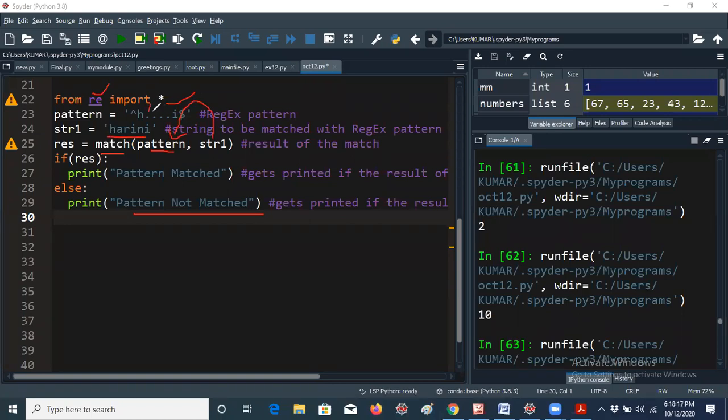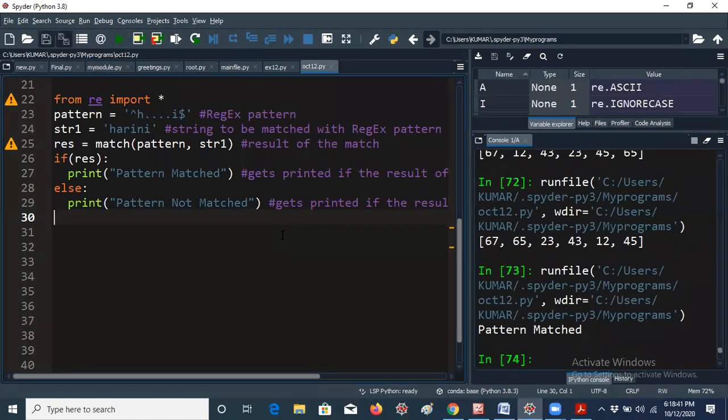Here I am using 1, 2, 3, 4 dots. Not 4 or 5, 1, 2, 3, 4. One minute. H-A-R-I-N. Okay, 4 dots only. Let me give another dot, otherwise I will get an error. ARIN are 4 characters.